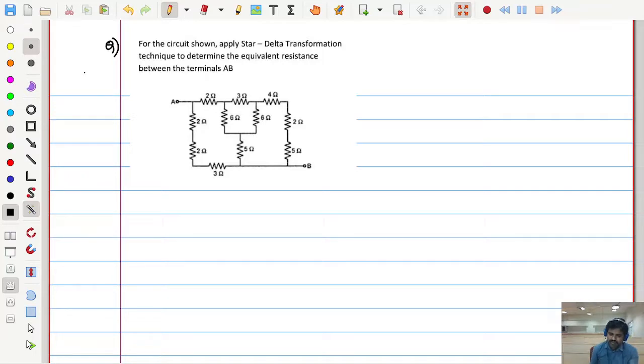So we will use now a different transformation. Generally people will use star delta transformation. It doesn't mean only delta to star. It means both actually: star to delta and delta to star, whichever way you want. So now let us see here between A and B. Where is A? This one. This one is B. I need to find how much is the equivalent resistance. For which what we do?